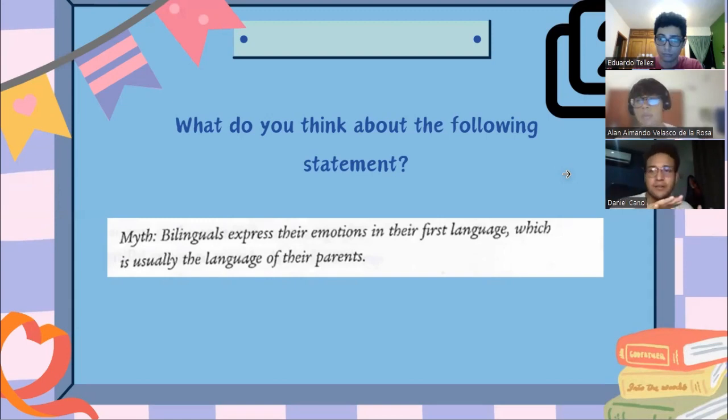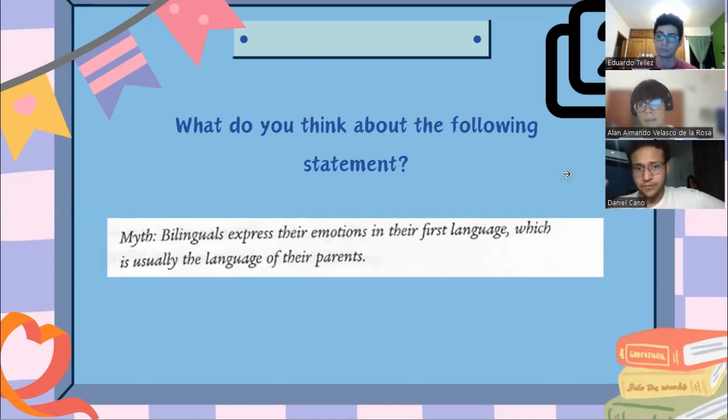Because here in Mexico, talking about more cultural things, we have the languages of certain places, indigenous languages. And parents are saying, okay, you must know Spanish, so forget our language and focus on learning Spanish because it's going to give you more opportunities. It's the most spoken language in Mexico, because I want you to grow in another city or in a big city. So I think that we have to look at which language we are talking about